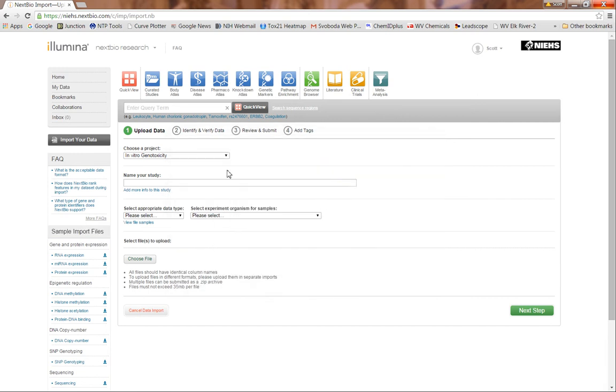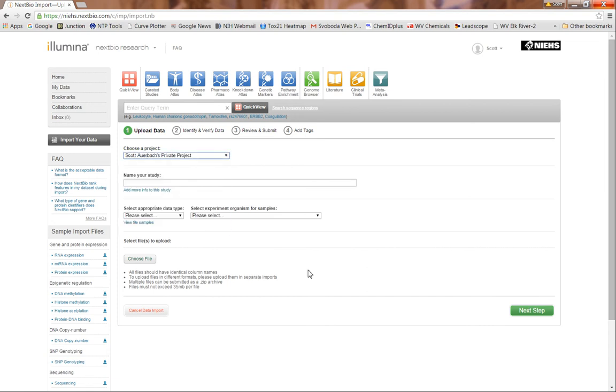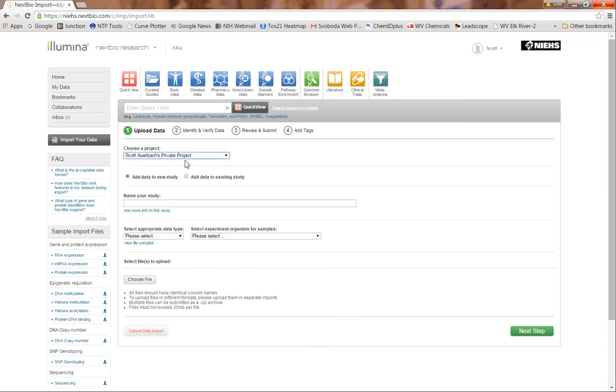So I've already done that. I actually have some gene expression data from rat liver that we're going to upload, and I'm just going to put it in my private project. You can create projects in Nextbio. This is just going to be my largest project, so we'll just put it in there for now. We're going to call it D71 example. That was the chemical that was used to